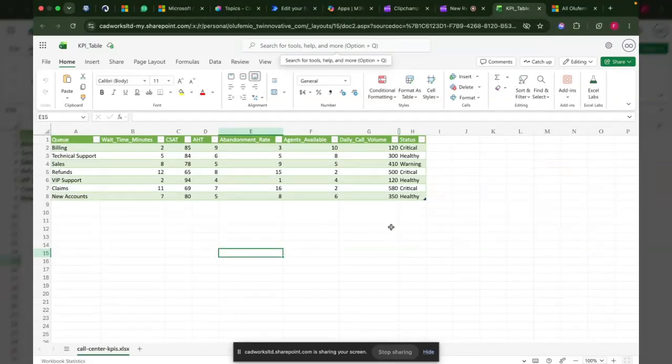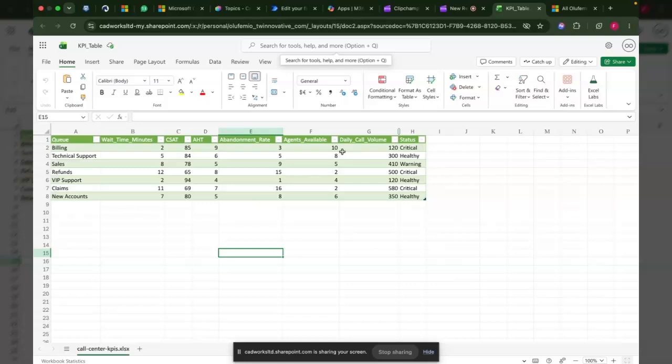So this is the agent hackathon, which proves that I am looking at the call ops, how the supervisors can use the Copilot Studio to interact and get escalations from various activity within the call center. And so you can see from this Excel file that I have billing, technical support, sales, refunds, and all this